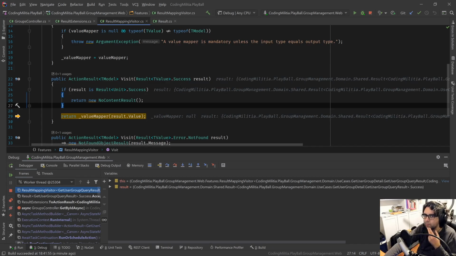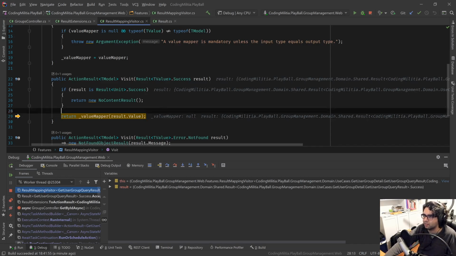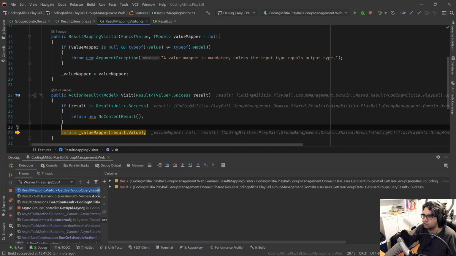Okay, so I didn't pass a mapper. Yeah, of course this should have unit tests, but I'm just playing around with stuff, and didn't really want to bother. I have some unit tests for some specific cases. So the problem here is that there is no mapper because the type is the same, but I'm calling it nonetheless. Because this TModel